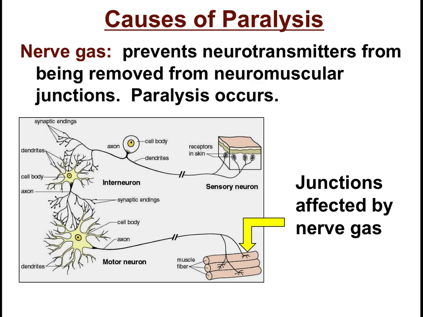In the case of acetylcholine, it will bond. That very first time there will be a reaction, there will be a movement, but then the acetylcholine stays bound up in that receptor site, preventing other neurotransmitters of acetylcholine from being able to bond and cause a repeat movement. This is because cholinesterase is being inhibited by the nerve gas, and so there's nothing there to break down acetylcholine.